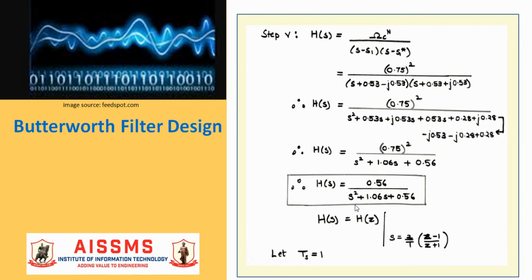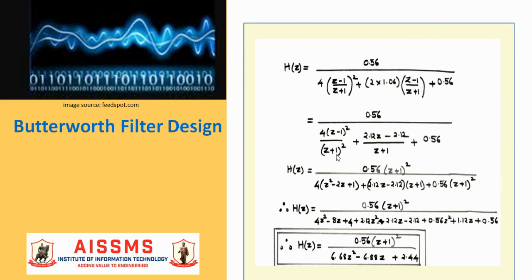In the place of s, we are going to substitute this mapping formula, and let us take T as 1 second. So s has been mapped with z by the BLT formula, and simplifying H(z) further, we come to the final H(z) as